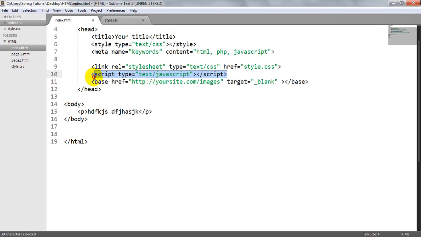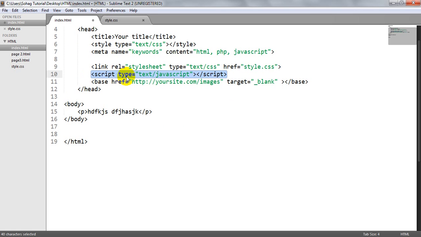And the script tag is for if you want to write some script language like JavaScript or VBScript, then you have to put this tag into the head section.